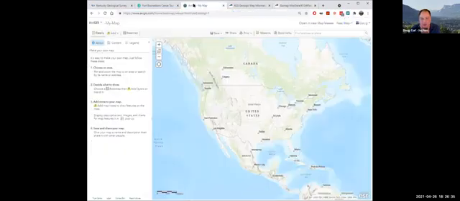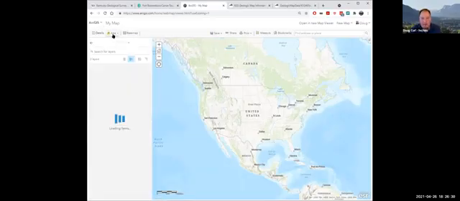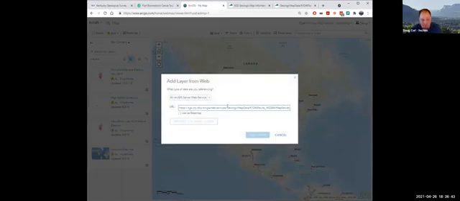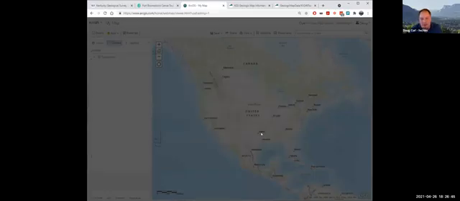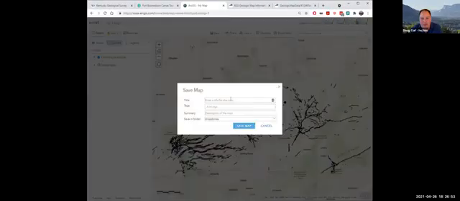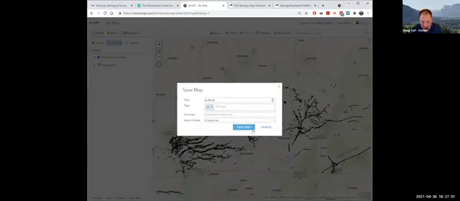I know it's probably, hopefully not too whirlwind, but the point is that I can add this layer to a map and use it on this story map. So here I've got faults. I'm going to save this. Kentucky faults. And then they make you add tags. So I'll just add one tag.